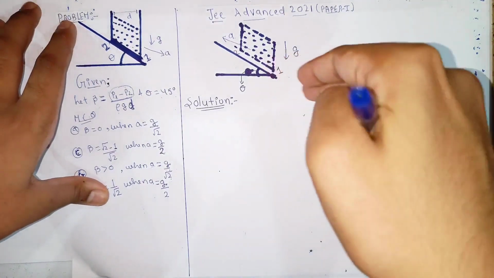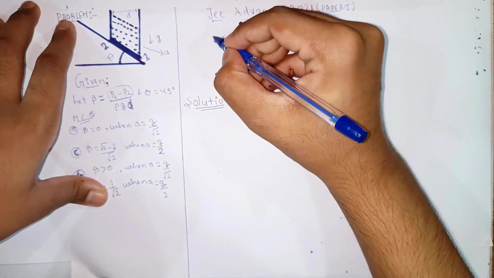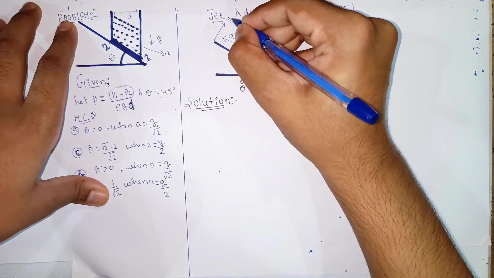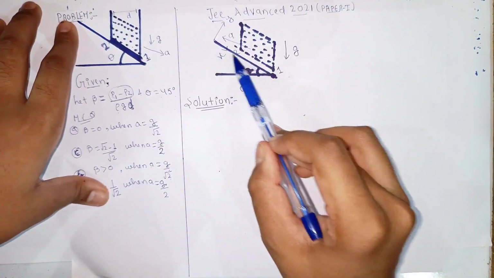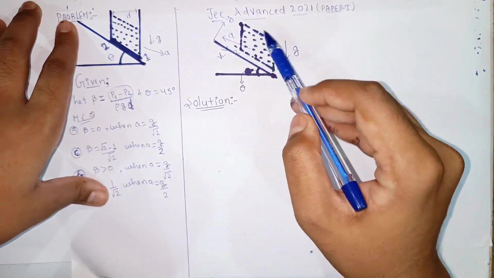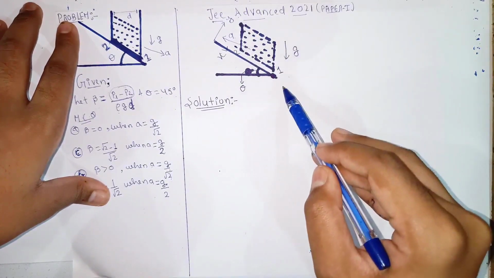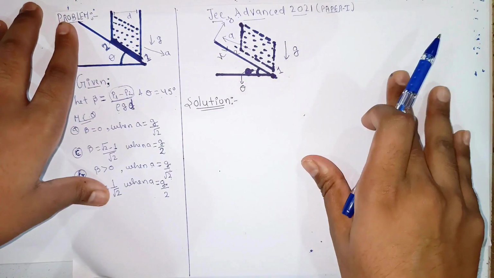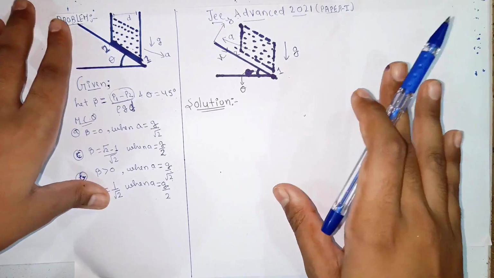You can travel along this acceleration. Suppose I am modifying the axis, this is the y-axis and this is the x-axis. You can travel along the x direction acceleration from point 1 to point 2, or you can travel along this axis as well, and you can travel along the net acceleration direction as well. So these are the three ways by which you can find pressure, but here, as I have already told you,